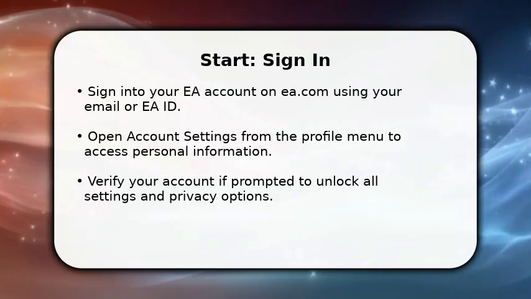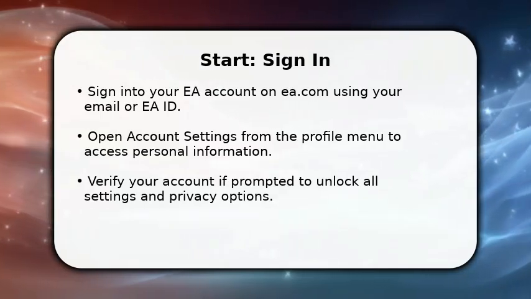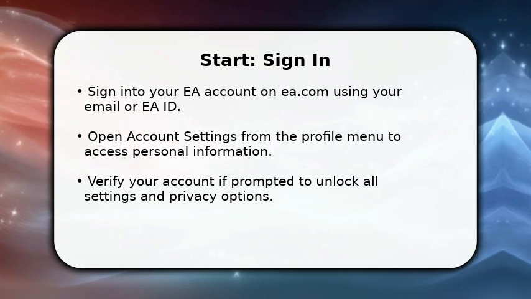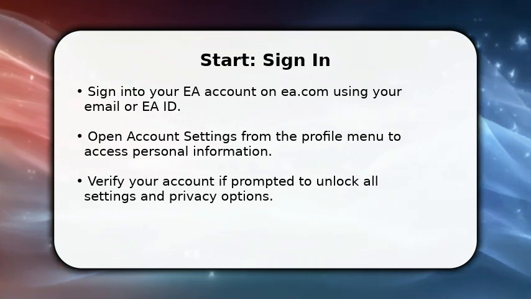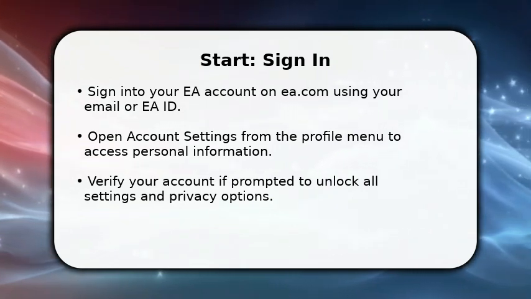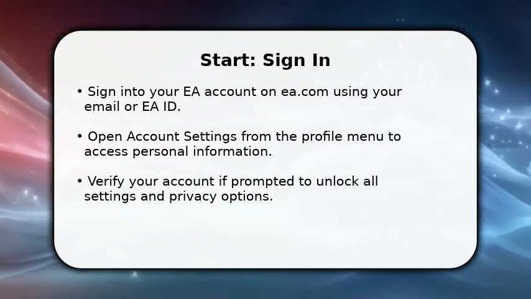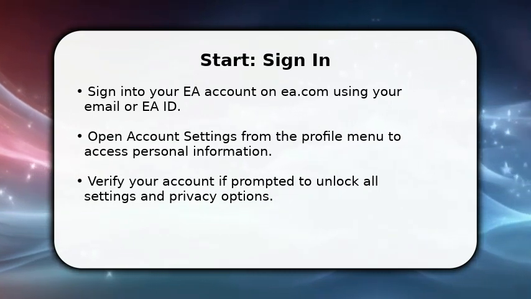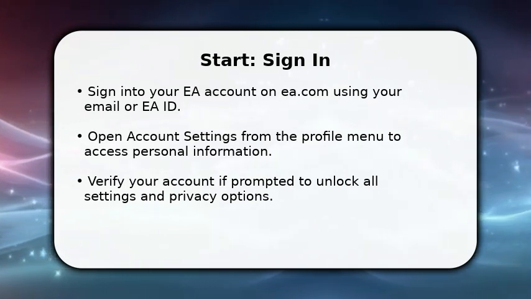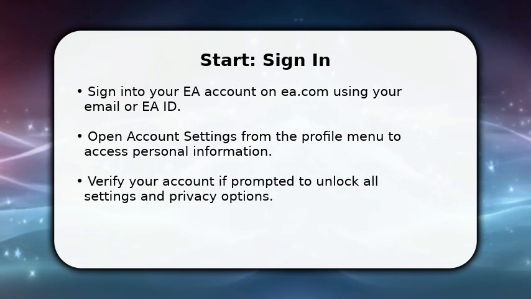In this video, I will explain how to get your EA Public ID step by step. Start by signing into your EA account on ea.com and open account settings from your profile menu. Next, locate the profile or About section where your public ID or EA ID appears. If you do not see it, check privacy settings and toggles that control public visibility and save any changes you